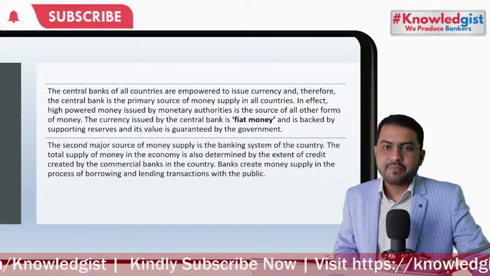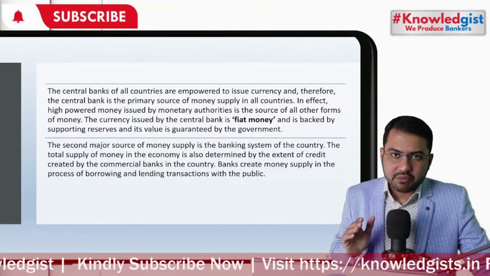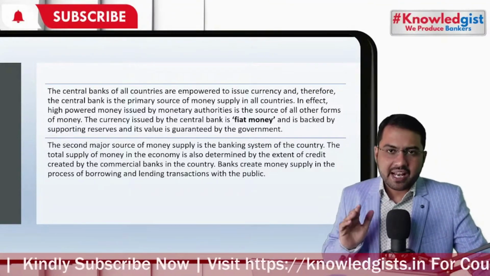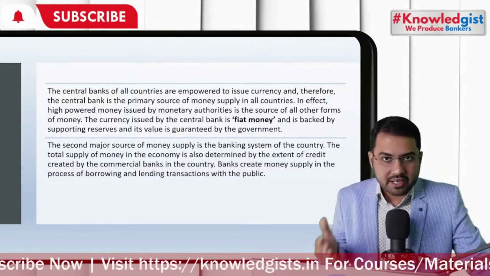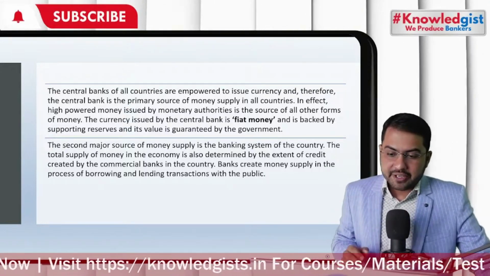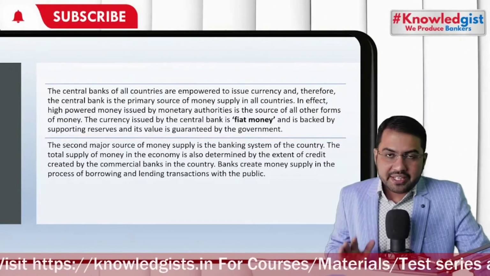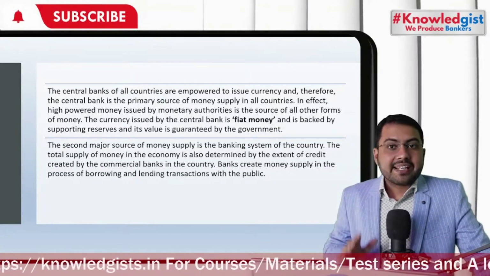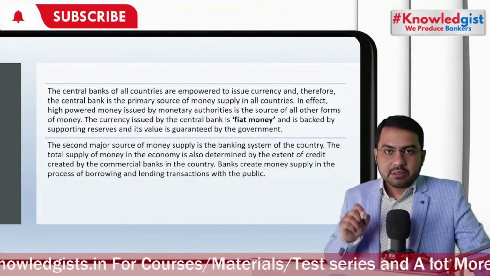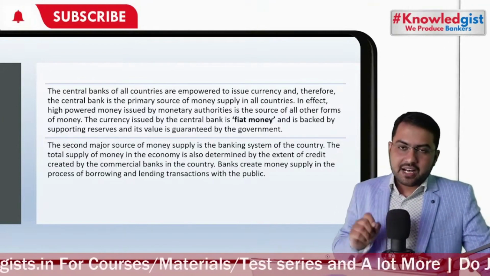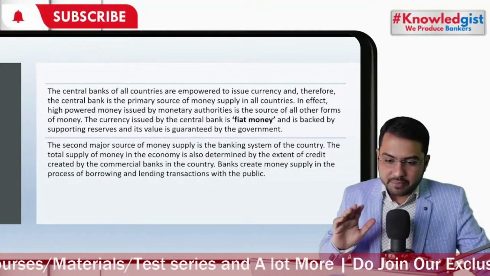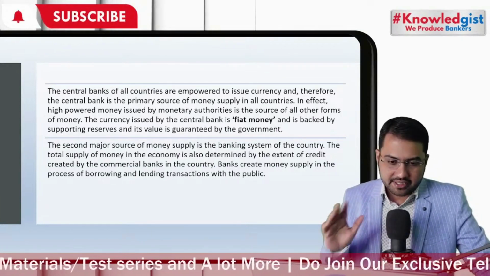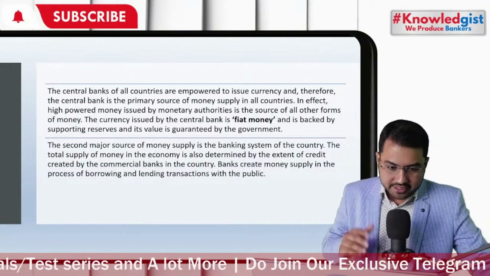They print the money. We will discuss tonight how the money is being printed. Is RBI allowed to print an enormous amount of money or not? If they print, what happens? It will lead to inflation. So money can only be printed and supplied by the central bank. The currency that is printed by the Reserve Bank of India is called fiat money. We'll discuss what fiat money is and its difference from commodity money in the next slide.